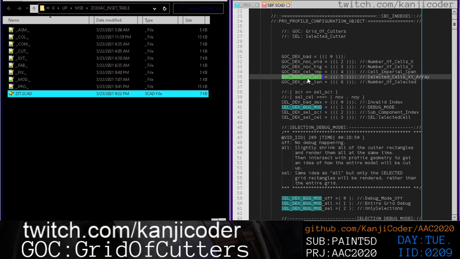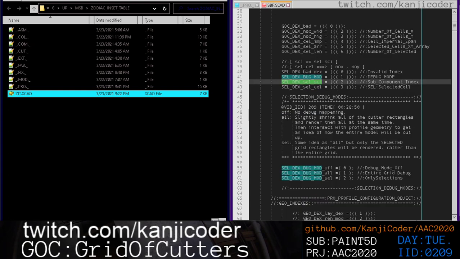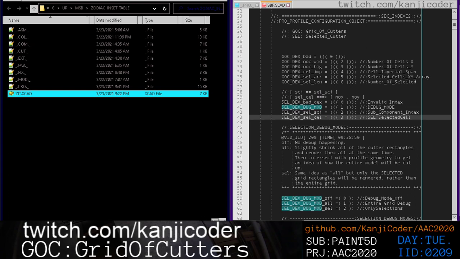So these are selected, so we have the cell size. This is the selected array and the selected length. Yeah, because these are all these selections, right? And now down here is the array of selections. Here is the length of those selections, and then down here, what we're doing is